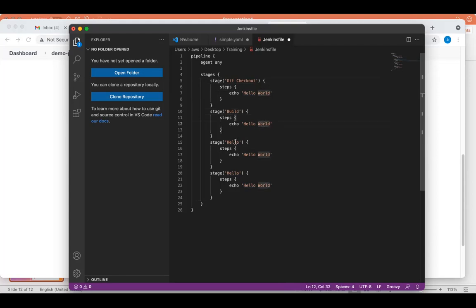Then third stage, I can say, okay, I want to test it, if it works perfectly. Then the last stage, I will say, okay, deploy to Tomcat. So these are my stages, but of course, the steps we have there are not what we're supposed to have,